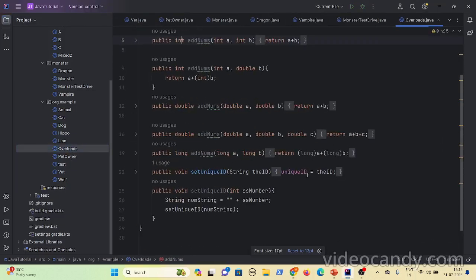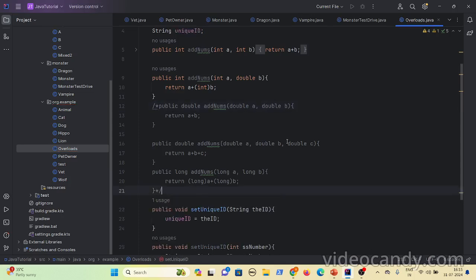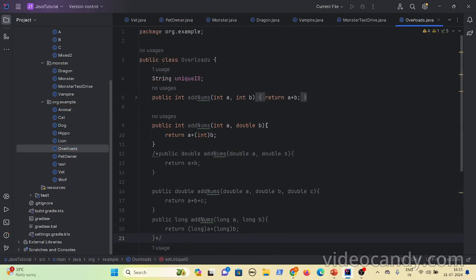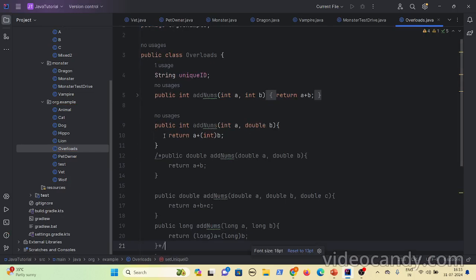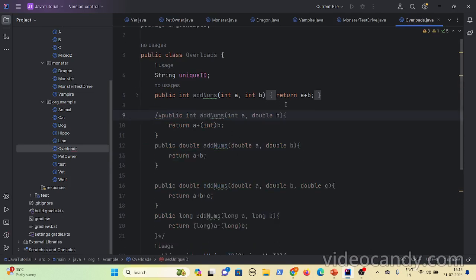So if you see what is happening here, for now I will comment these 3 lines, okay. Let's say this particular class is providing an add method which accepts only integers. So if you want to add 2 integers, you can use this method.